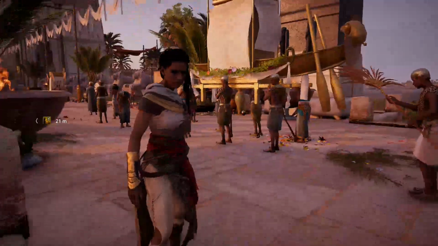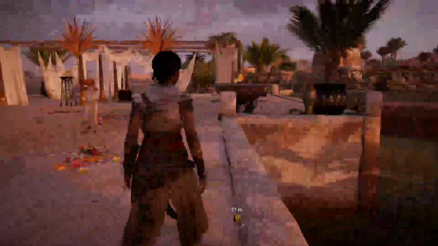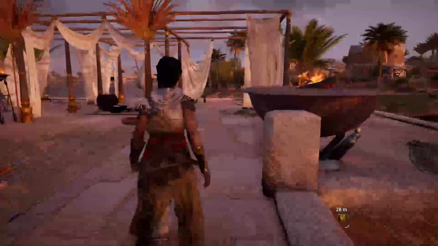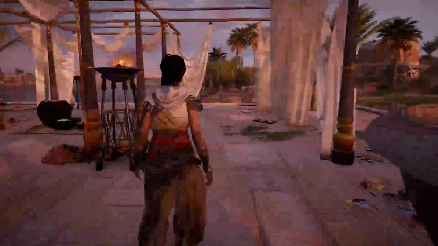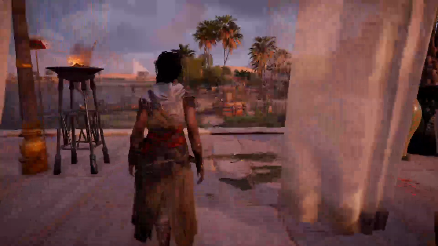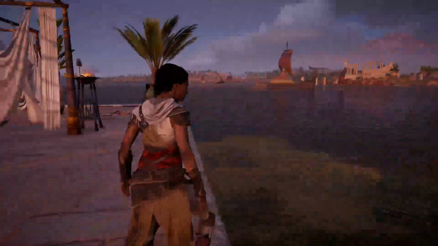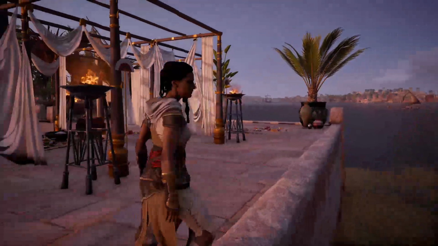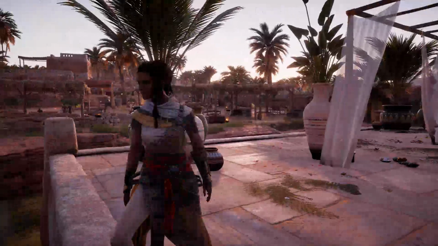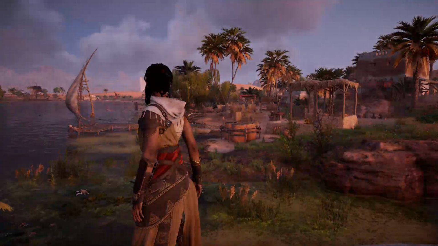And this looks potentially like an Egyptian funeral scene, which is very rare. I haven't actually seen one of those in this particular position before. And that's it really. A quick look at animation hotspots 3 years later in Assassin's Creed Origins.